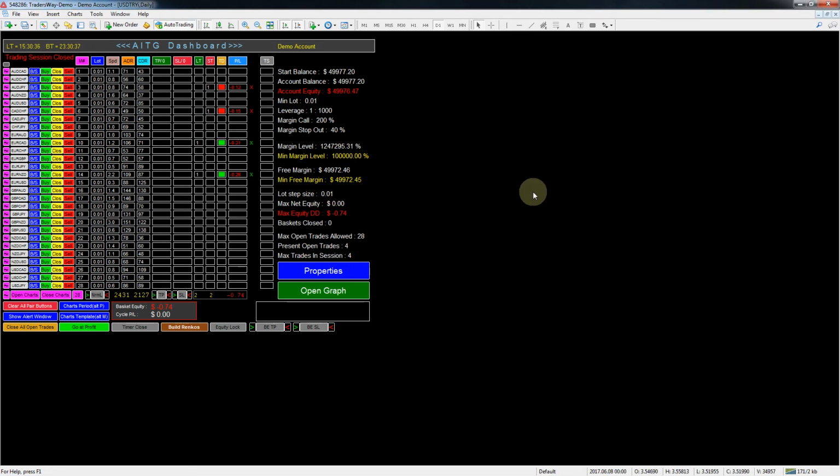Okay, there we have 4 trades open. And as you can see, this down here gives you the running profit or loss of this column. It tells us over here we got 2 short trades open, we got 2 long trades open, and up here you can see what they are. This column, remember, tells you if they're a short or a long. Red means they're short, green means they're long. And as you can see, the basket equity at this time matches the profit or loss of the column over here of your trades. Now, if you close one of these,